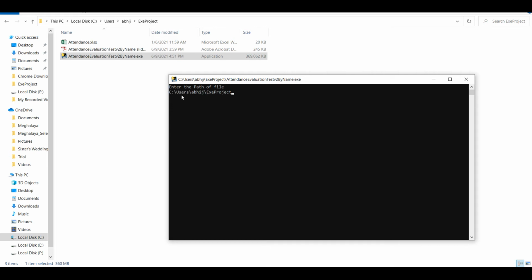So here I am giving the path, pointing to the attendance Excel file, which has all the entries of all the students for daily class attendance. Now let's see what happens in the software.